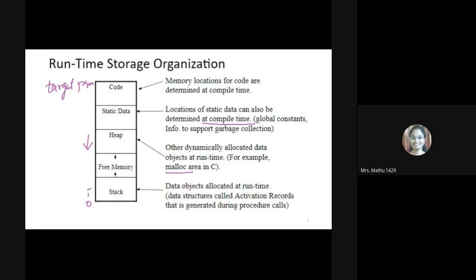And so usually in this stack, we are going to store the data structures which are called activation records. We will see that while we are